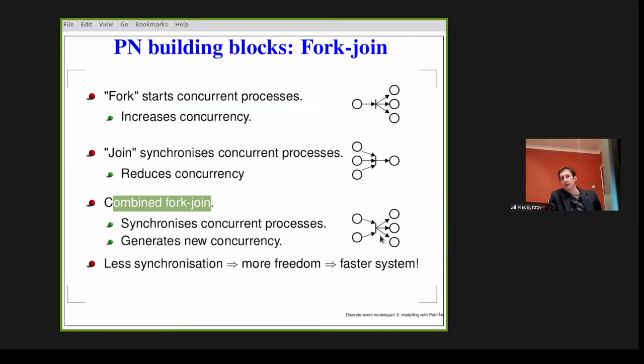What sense does it make? It will cause the system to wait for a perfect alignment of tokens here, and then it will produce firing and everything will be relaunched.